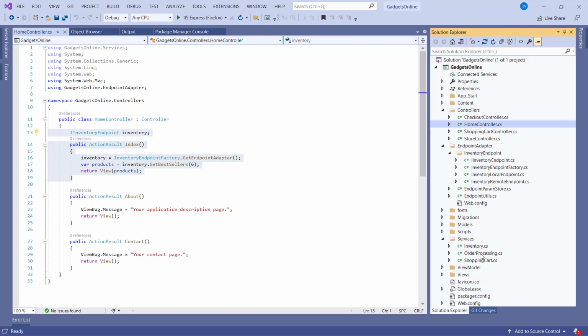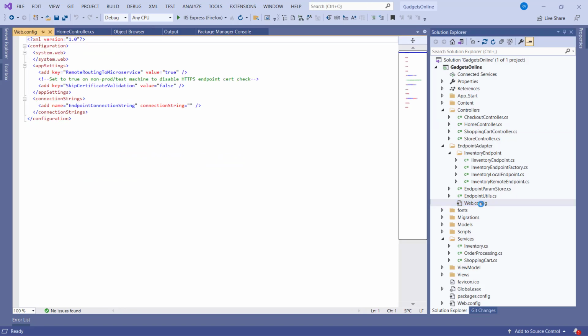And if I want to use local calls in place of remote API calls, all I have to do is, in my endpoint adapter, which was created by the microservice extractor, there is a web.config. I can modify that web.config and change the setting remote routing to microservices from true to false. And with that setting, all the calls from the endpoint factory will be routed to the local copy of the inventory service.